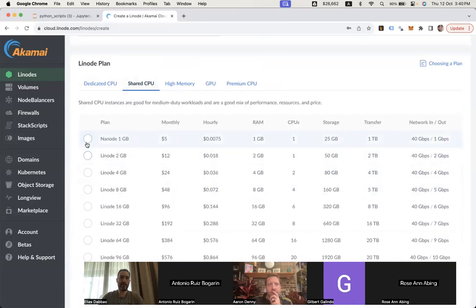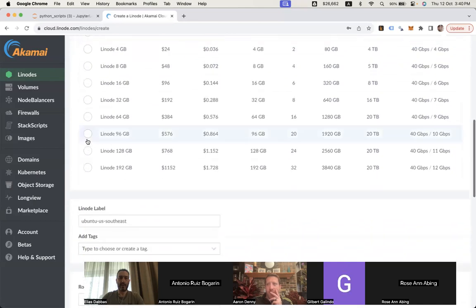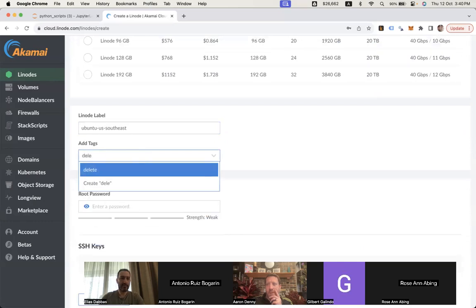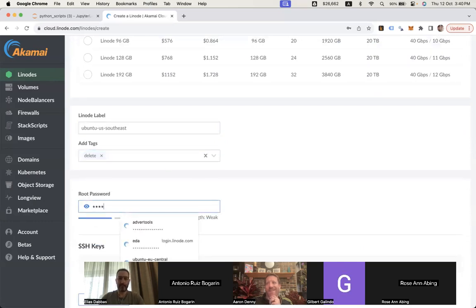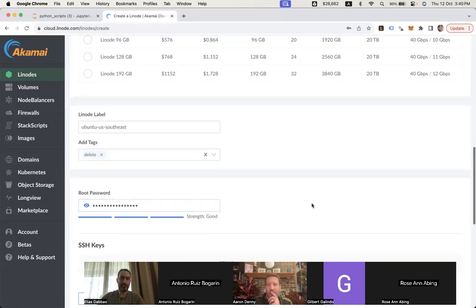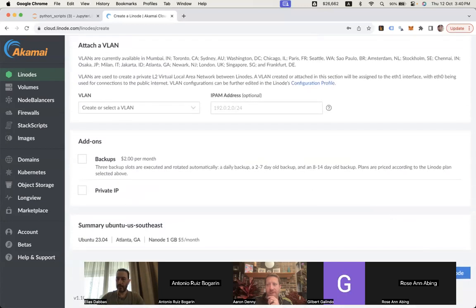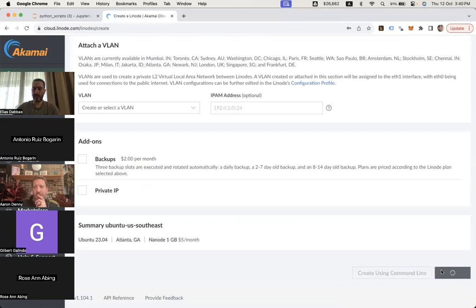You have high memory options, you have dedicated CPU, you can see what's useful for you. So I'm going to create the smallest one now. This is $5 per month. Label, okay. I have a label called delete to remember to delete these things. I'm going to create a password. And I think that should be enough. Okay, and create the Linode